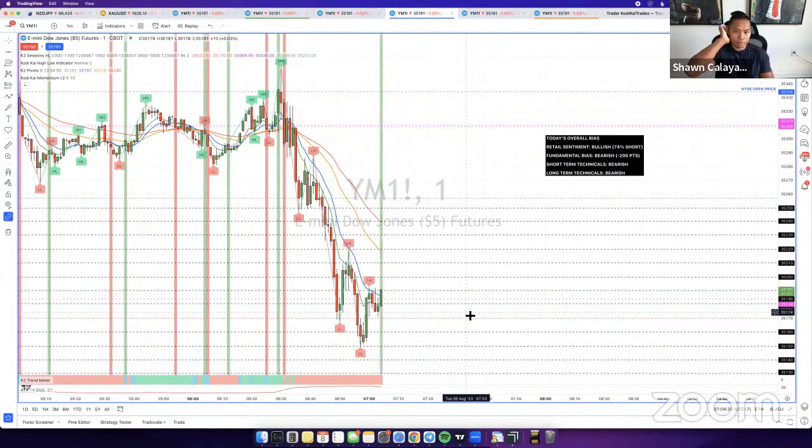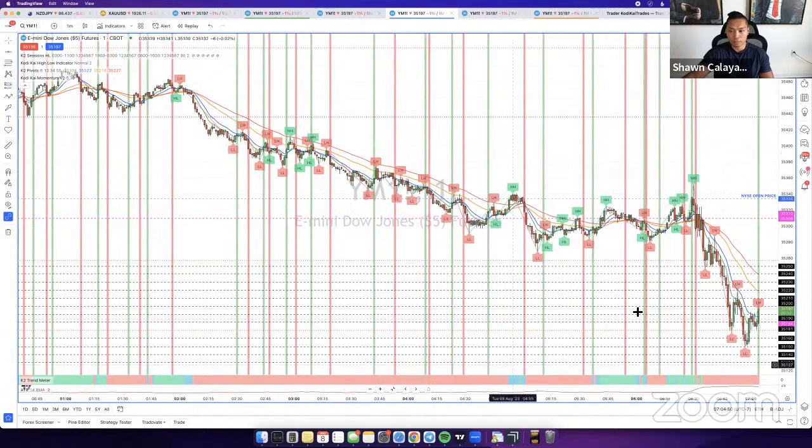But we need this here to actually push through. So we need this buy signal here to close, and then we need a continuation of the trend to the downside. So we got 15 seconds left on this candle. We need this buy signal here to close. This is going to be our main catalyst to start looking for a possible entry.